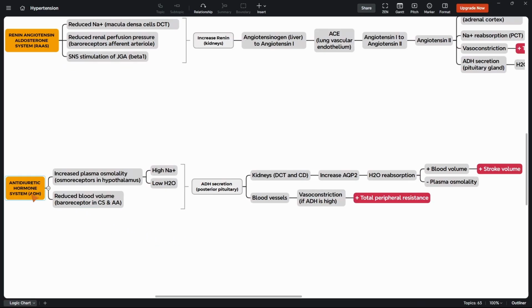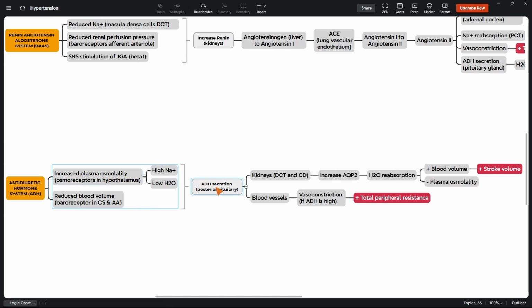The next one is the antidiuretic hormone, which is ADH or vasopressin, and ADH is secreted in response to increased plasma osmolality. There are osmoreceptors in the hypothalamus which will pick up on the amount of solute and the concentration of the bloodstream. So if you have a high sodium and low water, that causes a raised plasma osmolality, which will release ADH